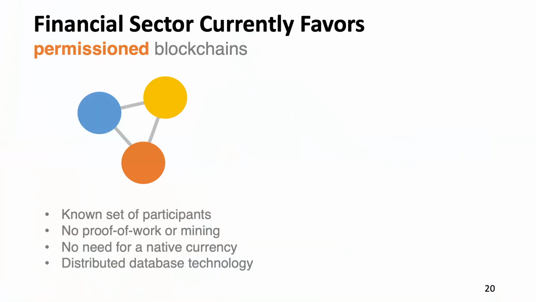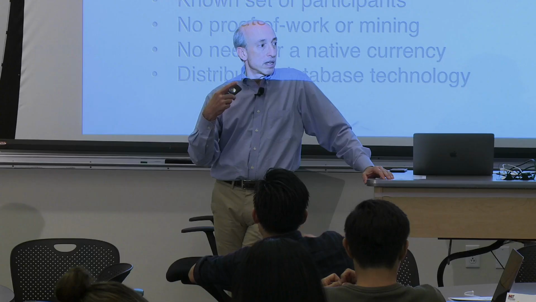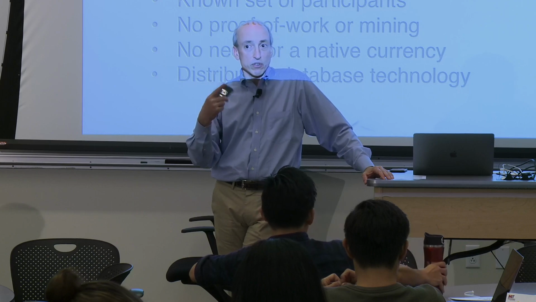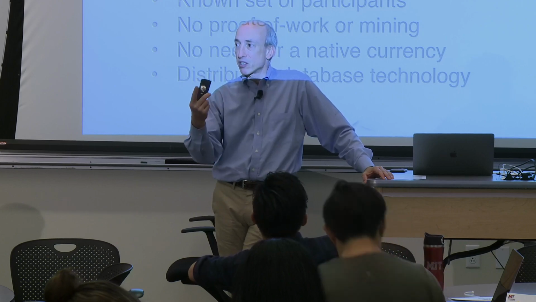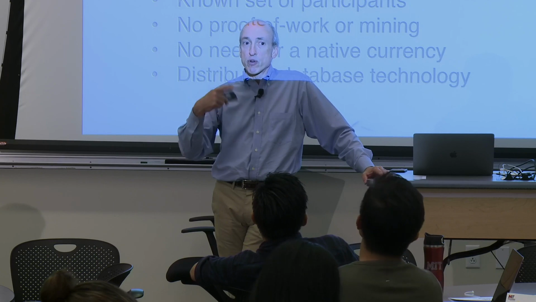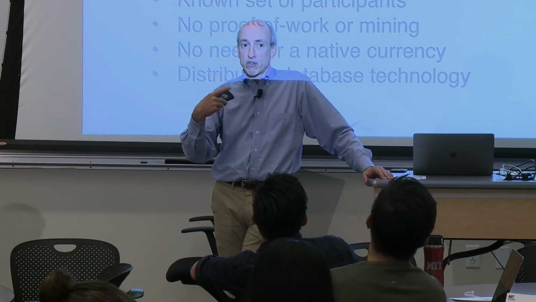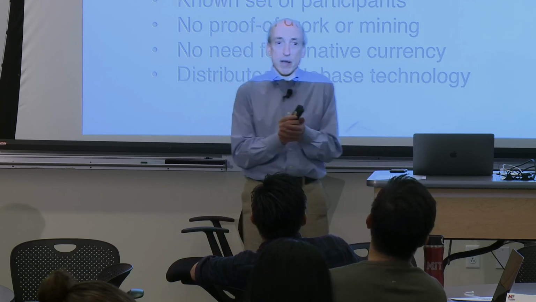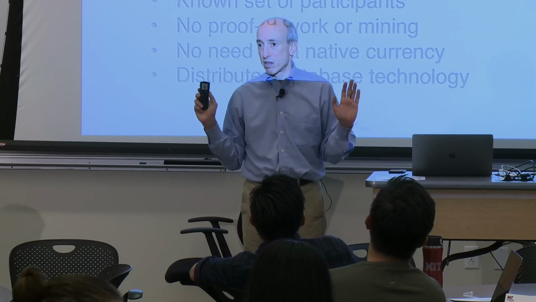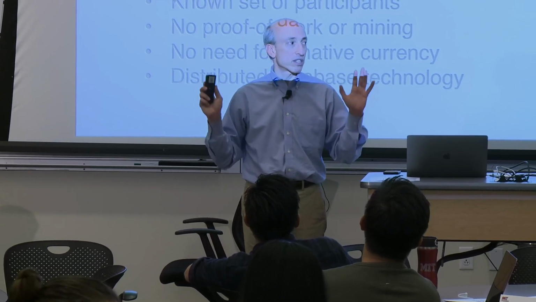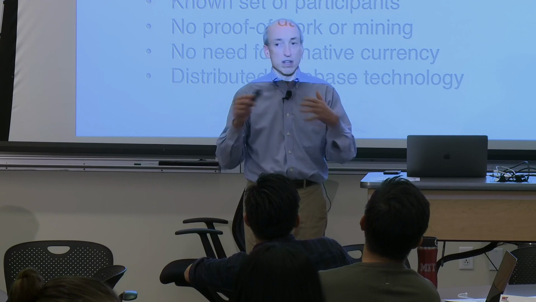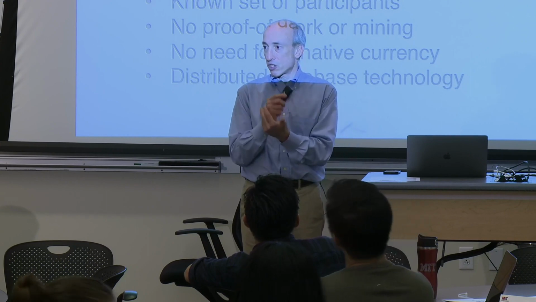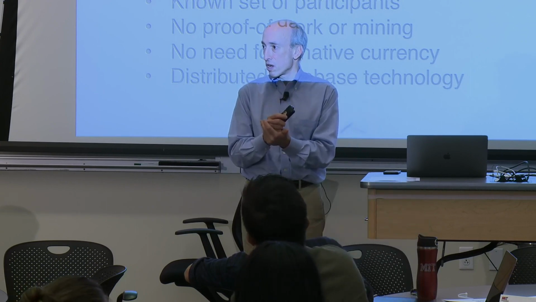So the financial sector, as we've talked about, favors permissioned blockchains that don't have as many collective action issues. They have some, but not as many. They have far fewer scalability and performance issues because they say, I'm not using proof of work. It might be 15, 20, or even 75 or 100 nodes, but they think that way they can secure their privacy and security.